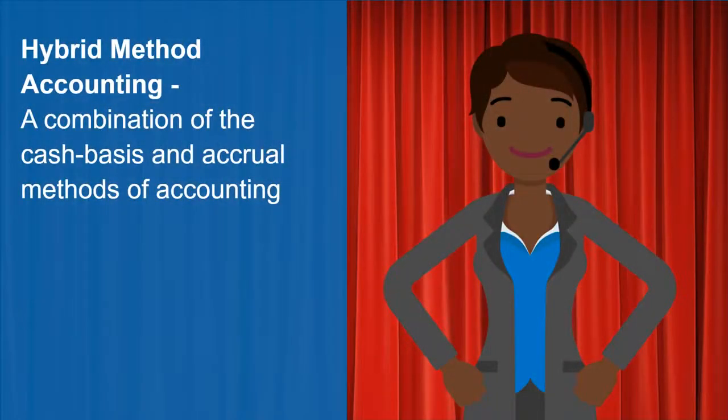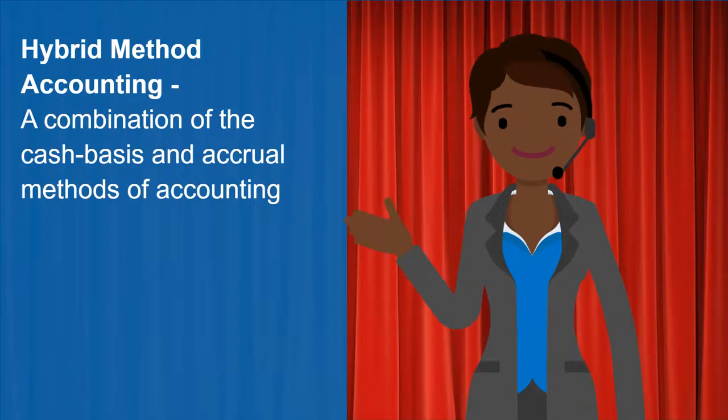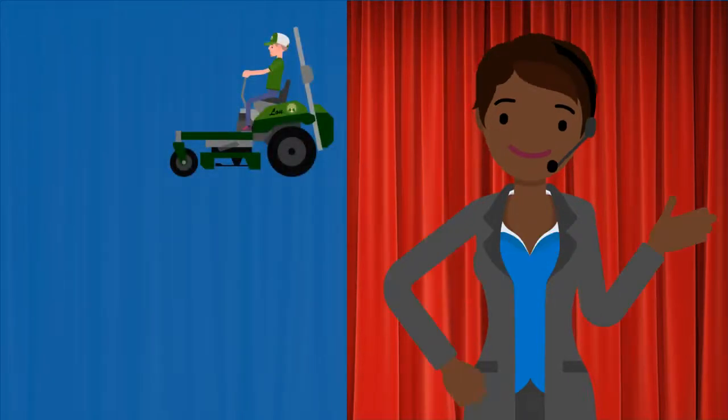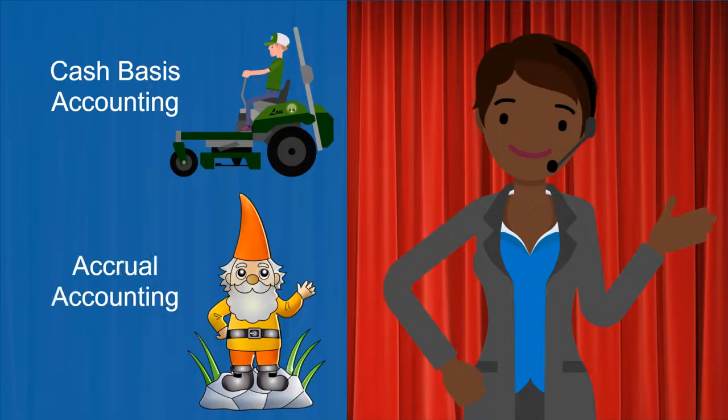You might be saying to yourself, Bianca, what if I want a little cash basis in my accrual? Lucky for you, there is a third accounting method called the hybrid method. Using this, you can use cash basis accounting to track things like revenue and expenses, but use the accrual method to track inventory. For example, if Lou decided that in addition to mowing lawns, he wanted to sell garden gnomes, he could use cash basis accounting to track his income from mowing lawns, but use the accrual method to track